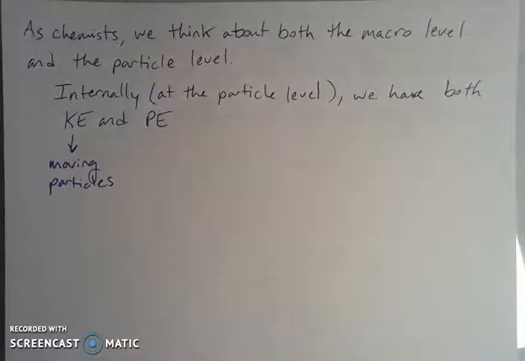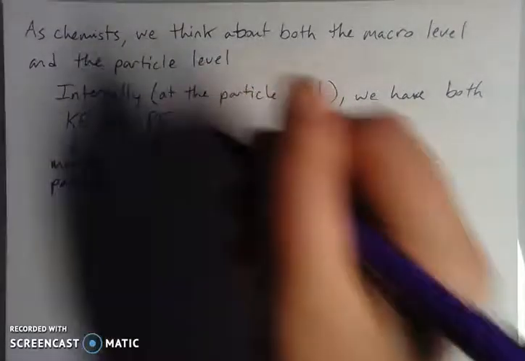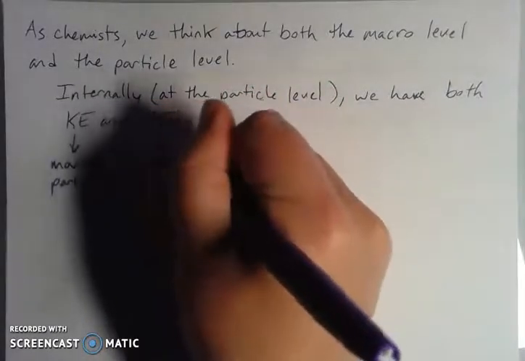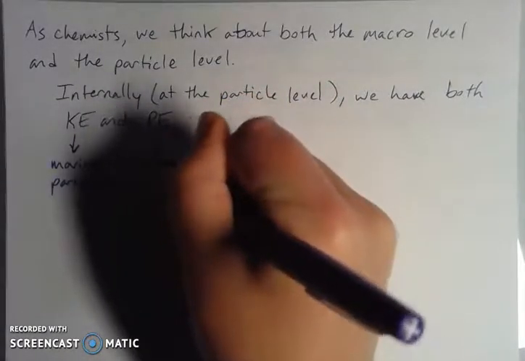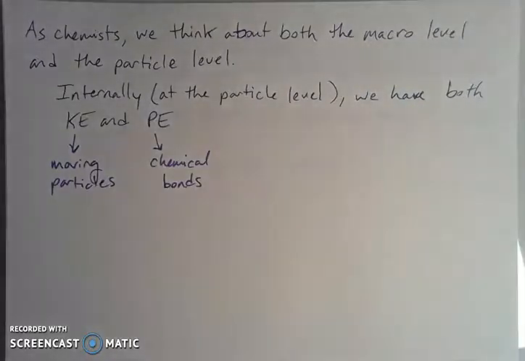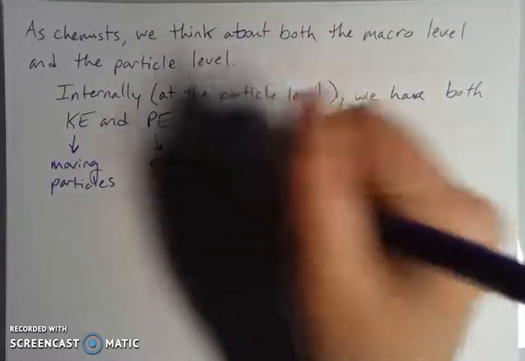So that's kinetic energy. And then potential energy comes from when we're thinking about chemical bonds. There's stored energy, which is another way that people talk about potential energy. I still like to think about it as position, because in a chemical bond we're talking about this stored energy between two atoms. And so this energy within chemical bonds can be used to do chemistry. It can be used to do interesting and useful work. And so we have some stored energy, we have some energy in motion, and taken together, these are our internal energy,